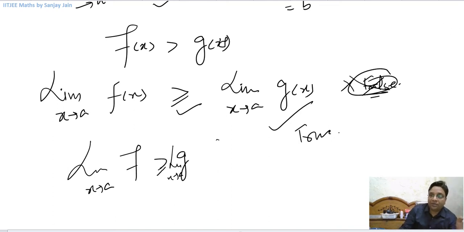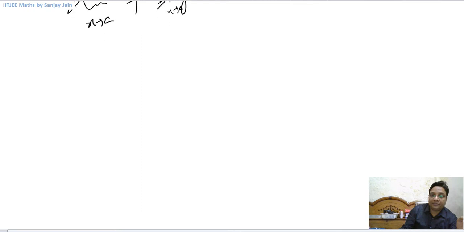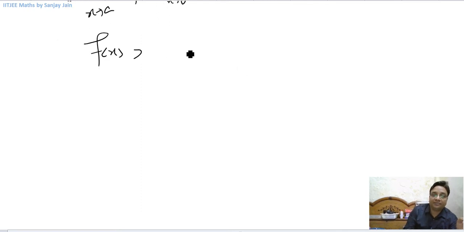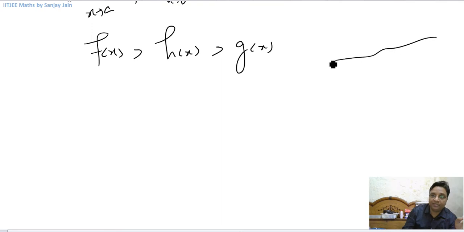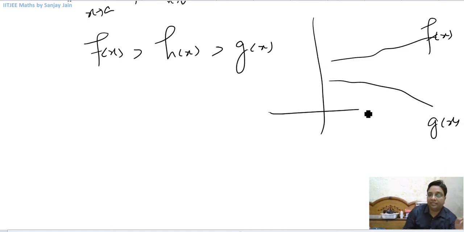Okay. So now if you take three functions, let us say f of x is greater than h of x is greater than g of x, right? So this was our f of x. Let's say this is our g of x, and let's take that scenario where they were approaching a single point here,